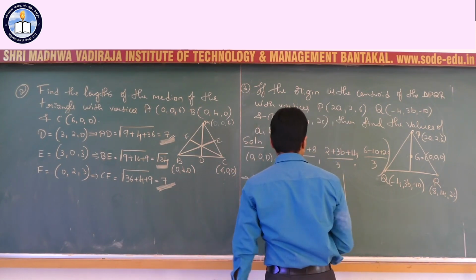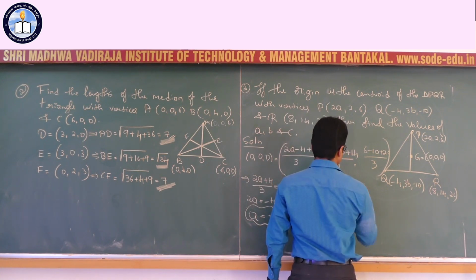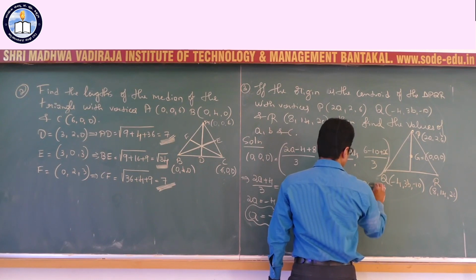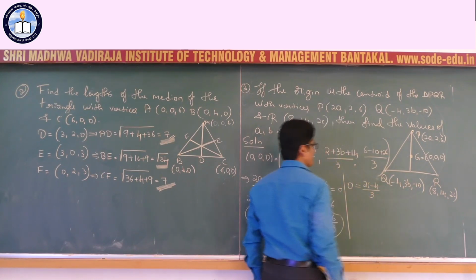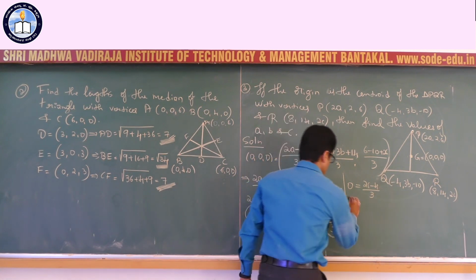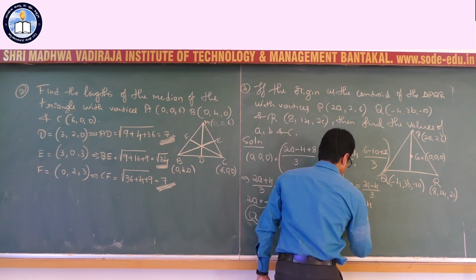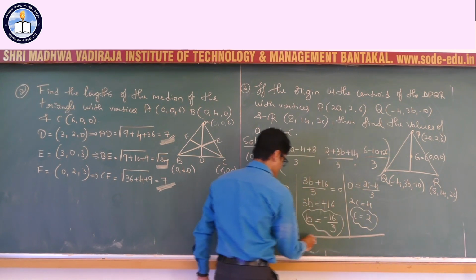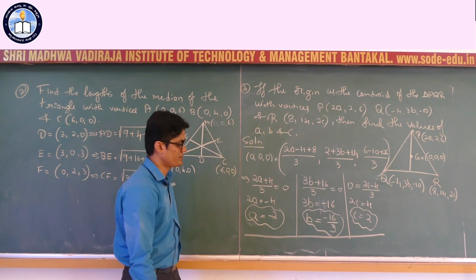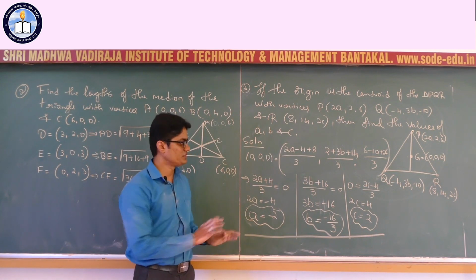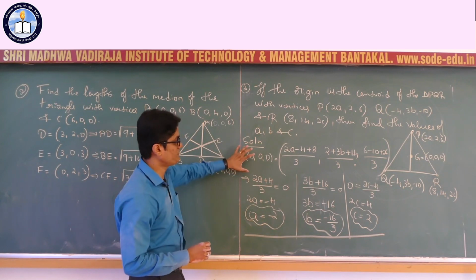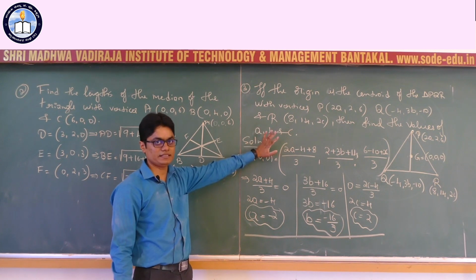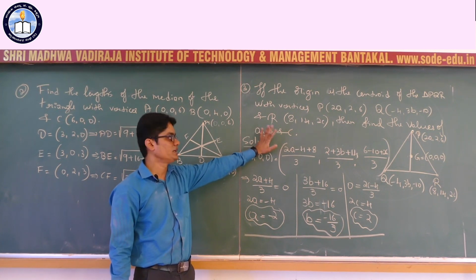Next, equate the z coordinate. 0 is equal to (2c minus 4) by 3, since 6 minus 10 is minus 4. So 2c is equal to 4. So c is equal to 2. So the answers are c equal to 2, b equal to minus 16 by 3, and a equal to minus 2. So this is it. Understood? This is a very simple question. You can expect this in a final exam for 3 marks. So 2 more problems are left in this chapter. I'll complete them immediately.